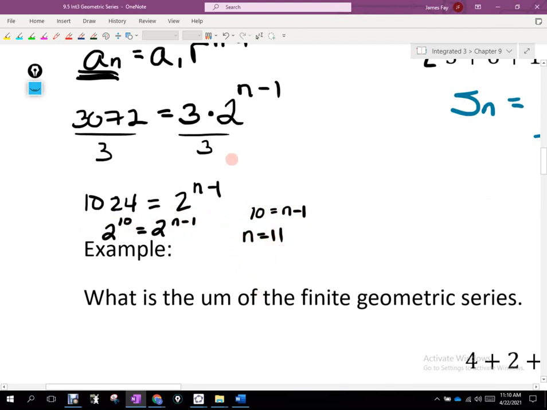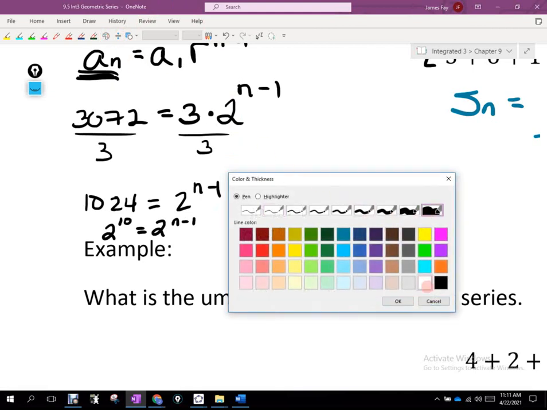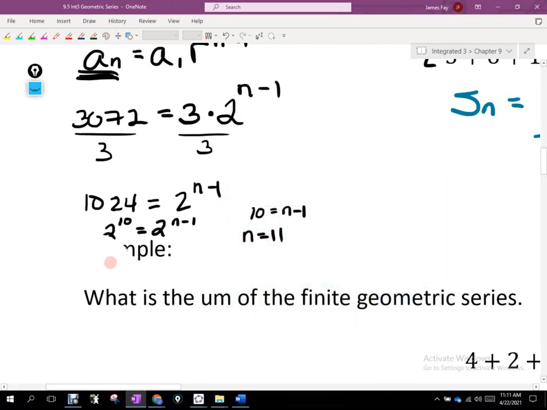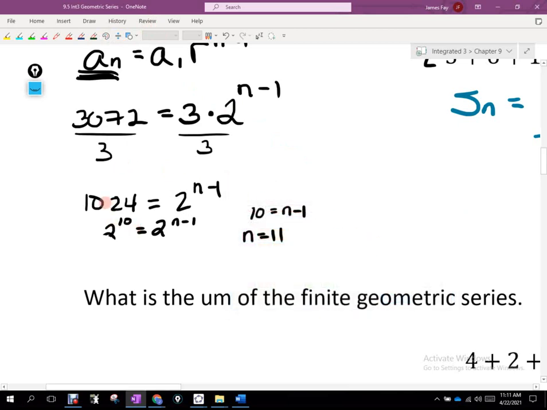Okay. I think that is a technique that probably escapes a lot of people, mainly because common knowledge doesn't say that I know that 2 to the 10th is 1024. Most people don't know that. Okay. So what I would do here